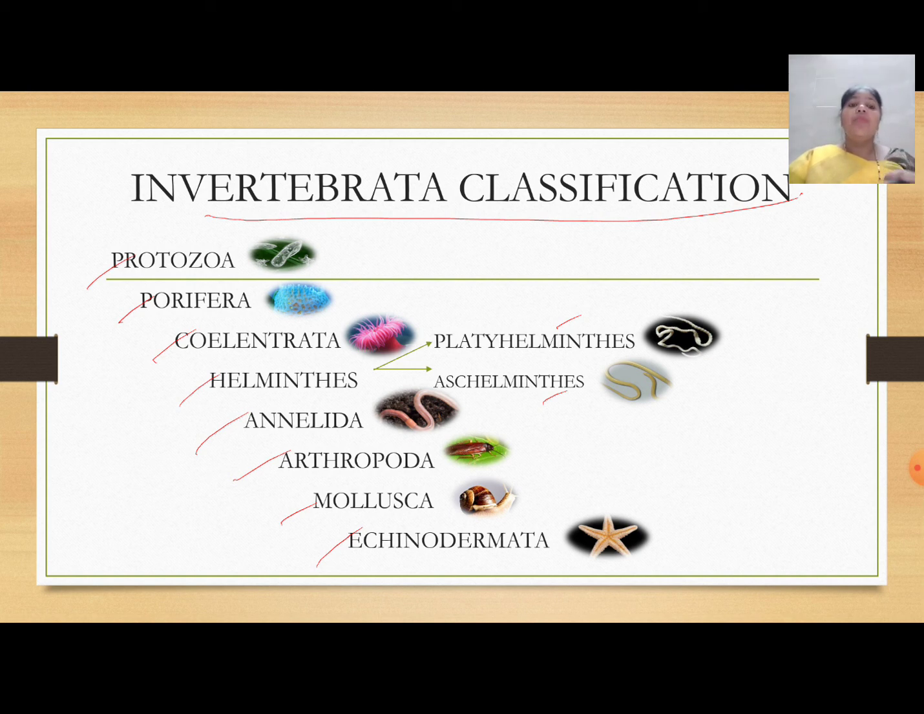Then third is coelentrates. In coelentrates, we come across the cellular level gradation. When you talk about cellular level gradation, we see the difference of ectoderm, mesoderm, and the endoderm. This is where the cellular level gradation starts. Then we come to the next level of organization, which is the helminths. Under helminths, you have two types, flatworms and roundworms. That is the platyhelminths and the aschelminths. Platyhelminths are flatworms, for example Taenia, right? And for aschelminths, you have what is called ascaris. These are all examples for these